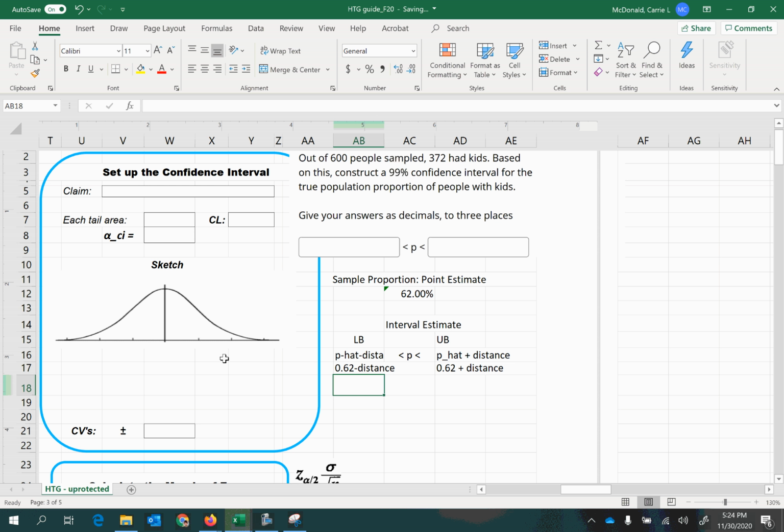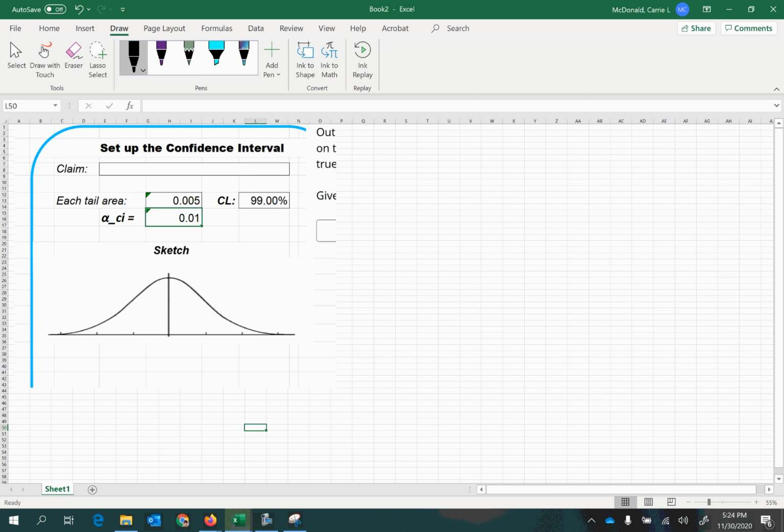And so that's where we start to bring in some of the information we learned when we were dealing with finding areas under bell curves, or sometimes knowing an area and finding a boundary under the bell curve. And we're going to apply that here to figure out the distance that should be added and subtracted to find our interval estimate boundaries. All right, so with that in mind, let's take a picture of this sketch, and we're going to do a little drawing so you can visualize this a little bit better.